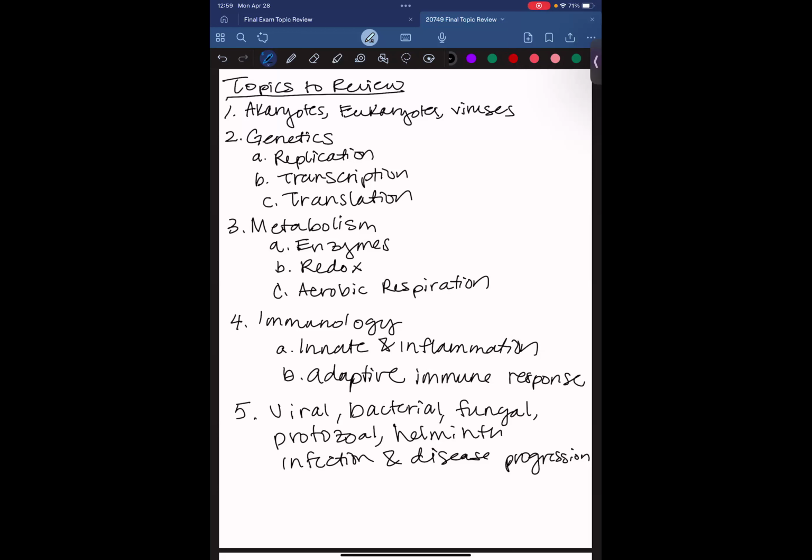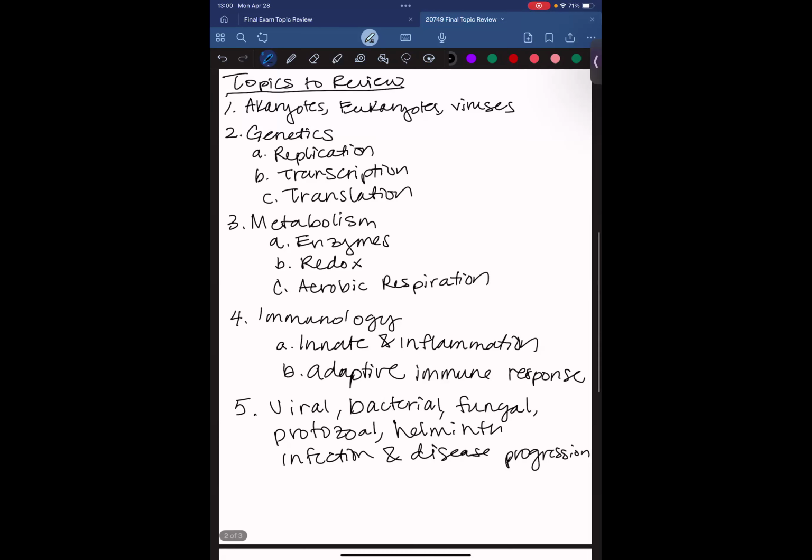We got kind of cut short with our immunology talk in my previous class, so I imagine that we'll get cut short in this class as well, just with time constraints there. But at the bare minimum, I will try to summarize MHC and the CD stuff in that immunology stuff, okay? So to start off with, we're going to begin with our prokaryotes, our eukaryotes, and our